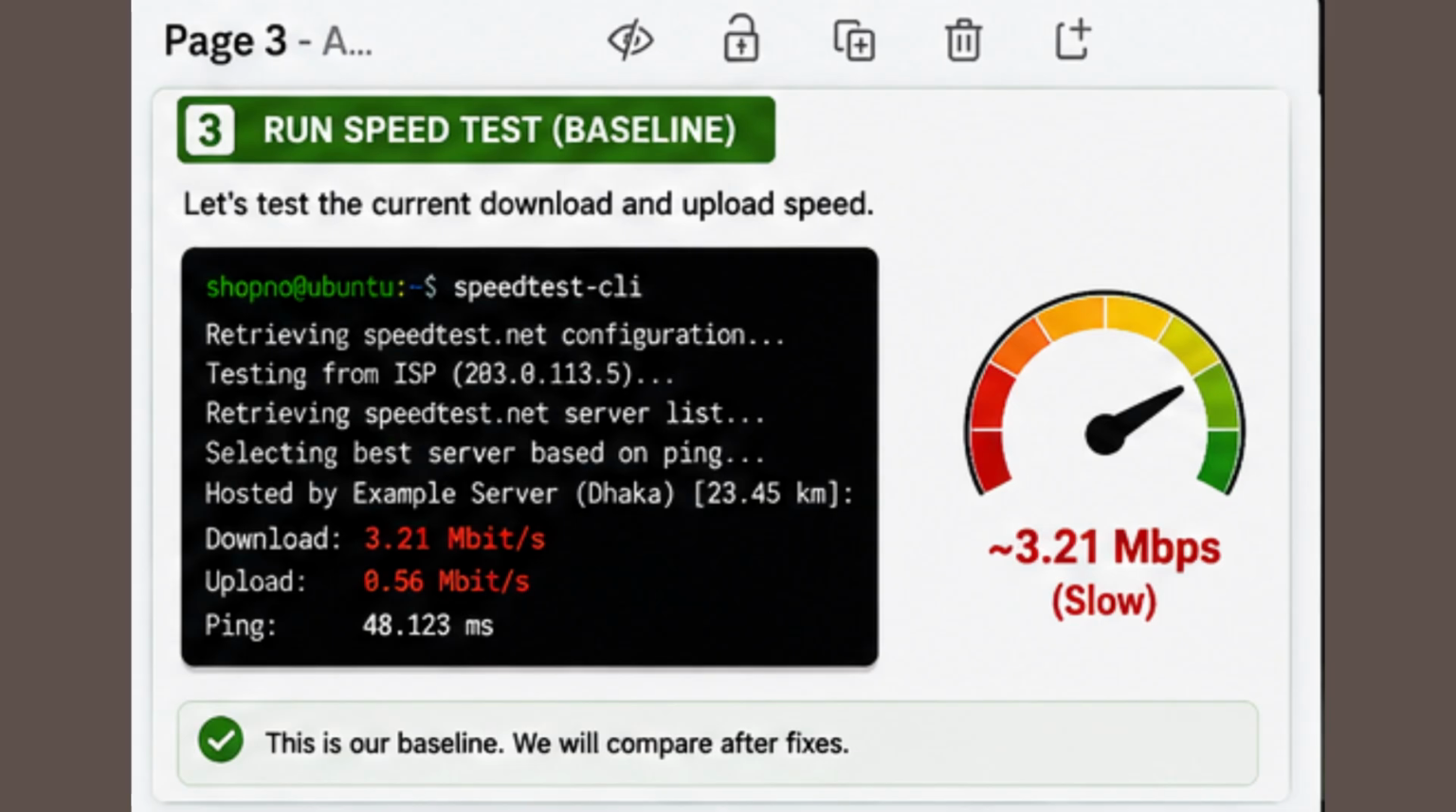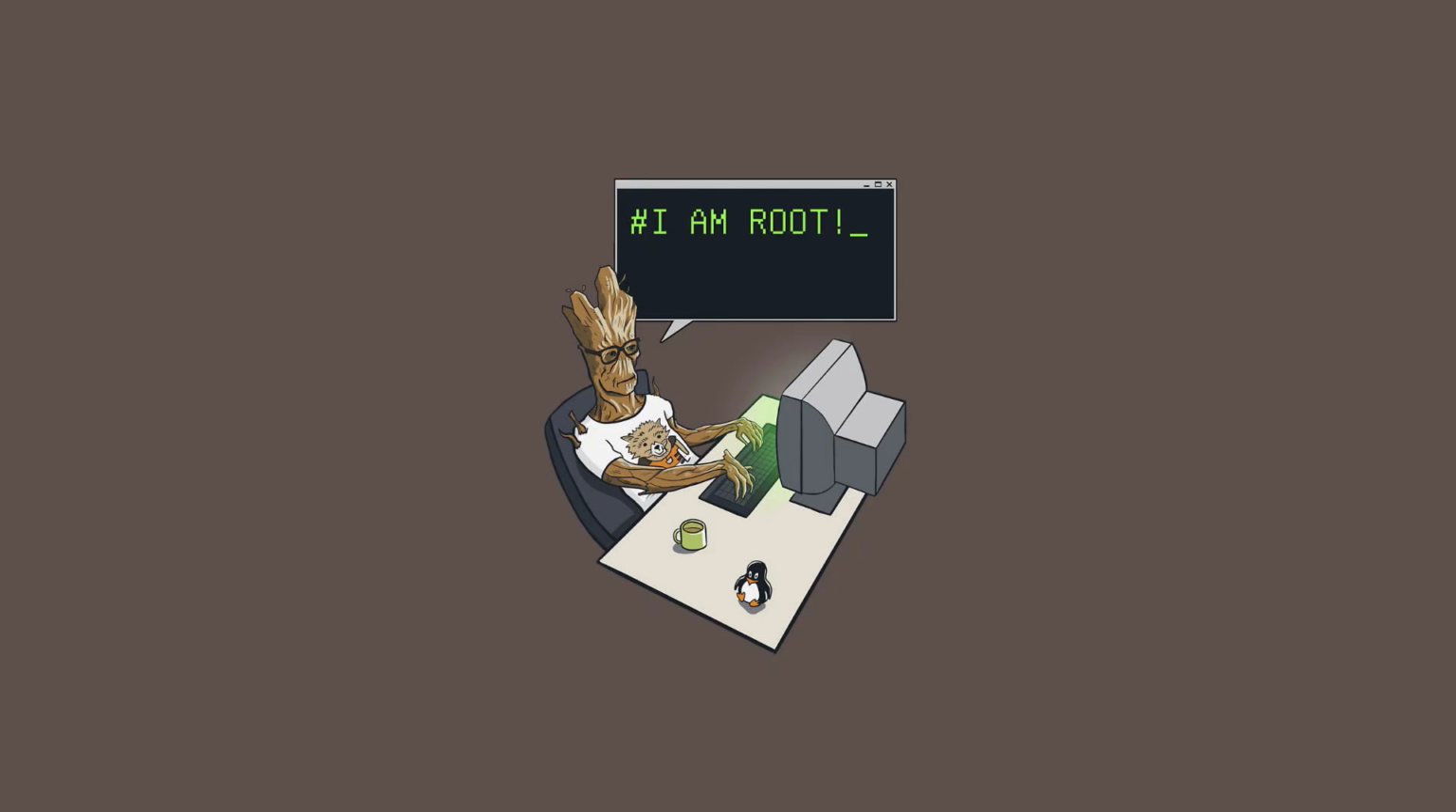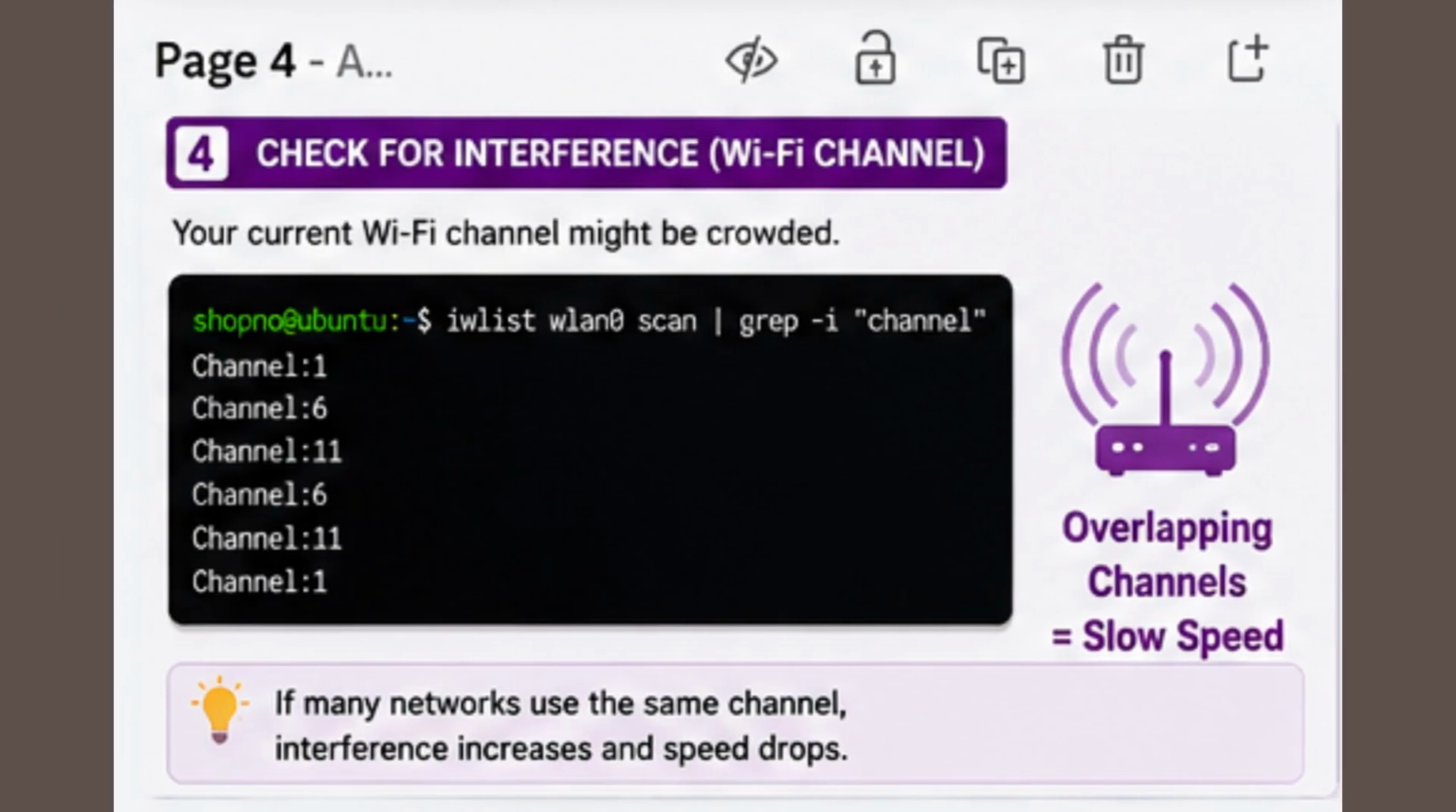Now, we first have to check the Wi-Fi channel. Your current Wi-Fi channel might be crowded. For that, we type here: iwlist wlan0 scan | grep -i channel, and then we're going to see the channels. If many networks use the same channel over and over again, interference increases